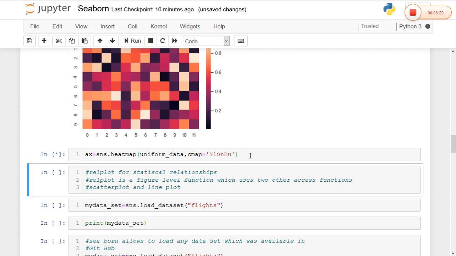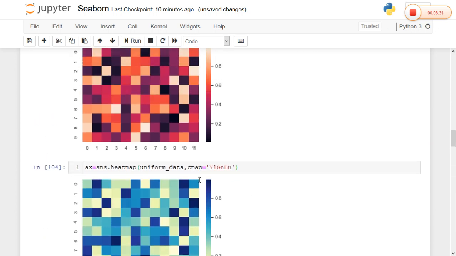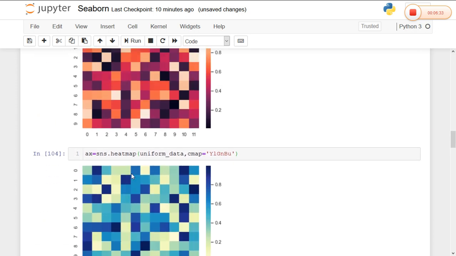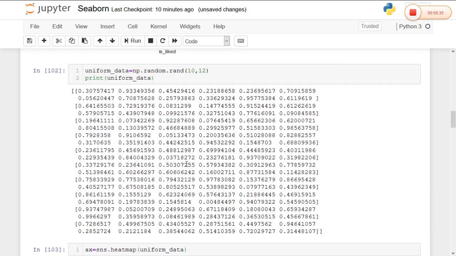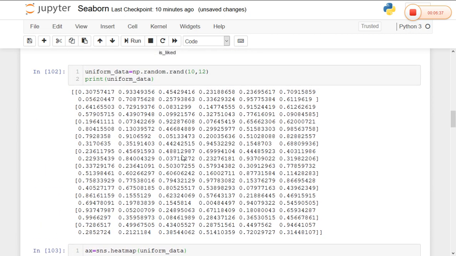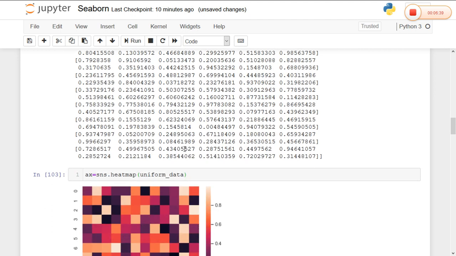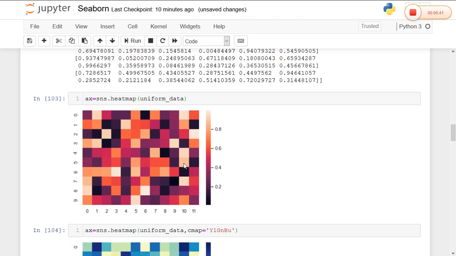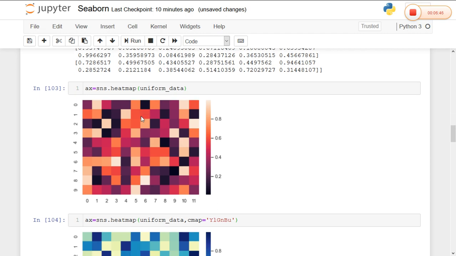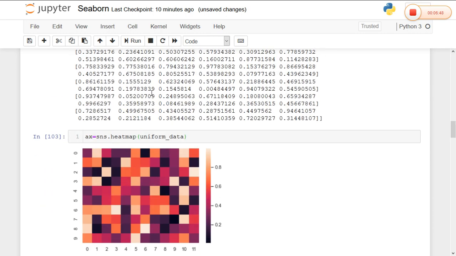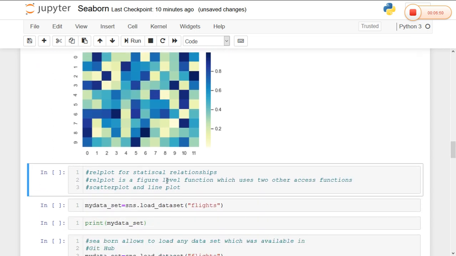Let me run the code here. Yeah, you can clearly see the differences between these two codes. So a heat map is very effective if your dataset contains a large amount of data and we are going to find a particular area. Seaborn gives a function called heatmap, by which we can plot all the data into one graph. Now let me get back to my slides.